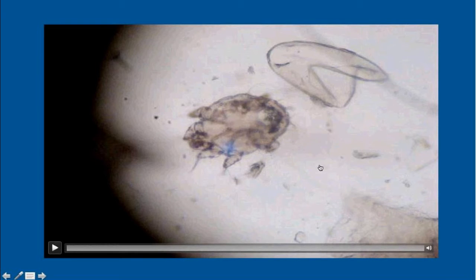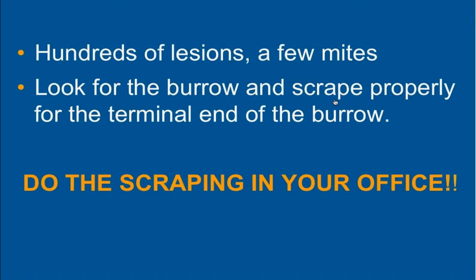Unfortunately, I can't show you this video over the web, but this is a video I took of a baby hatchling scabies. I watched this baby being born from his or her egg just prior to this video being taken. So the first scabies birth ever captured on film, I believe.